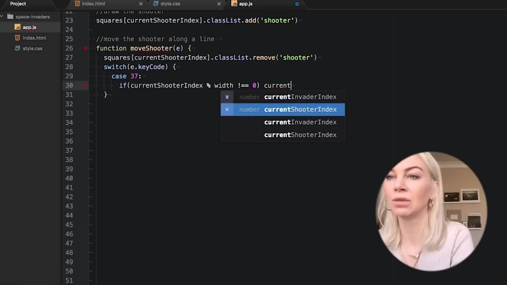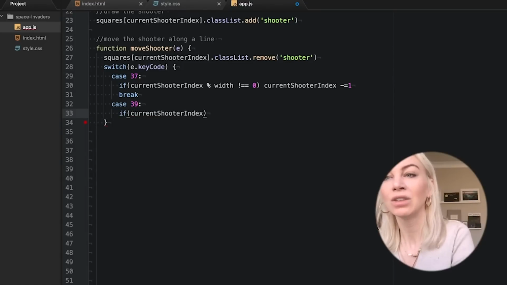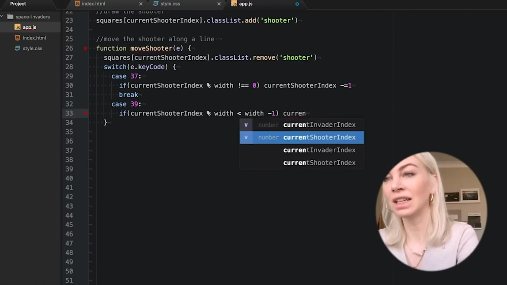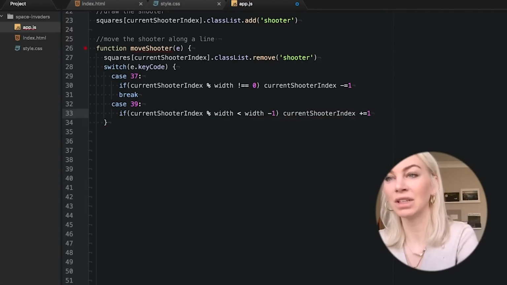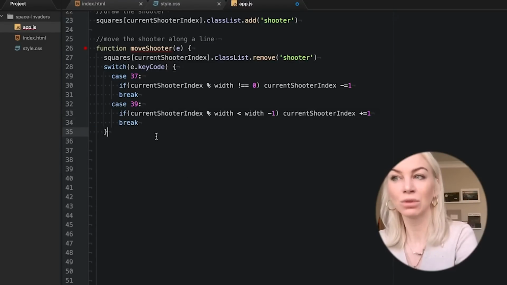So for example, if you're in a square with index 30, you will know you're on the very left side of the grid as 30 is divisible by 15, and it does not give you any remainders. As you have no remainder, you cannot move left anymore. That's what we've written. Now for case 39, if the shooter's current index is in a square where the number is divisible by the width, so 15, and the number is less than 14, then you are allowed to move right.